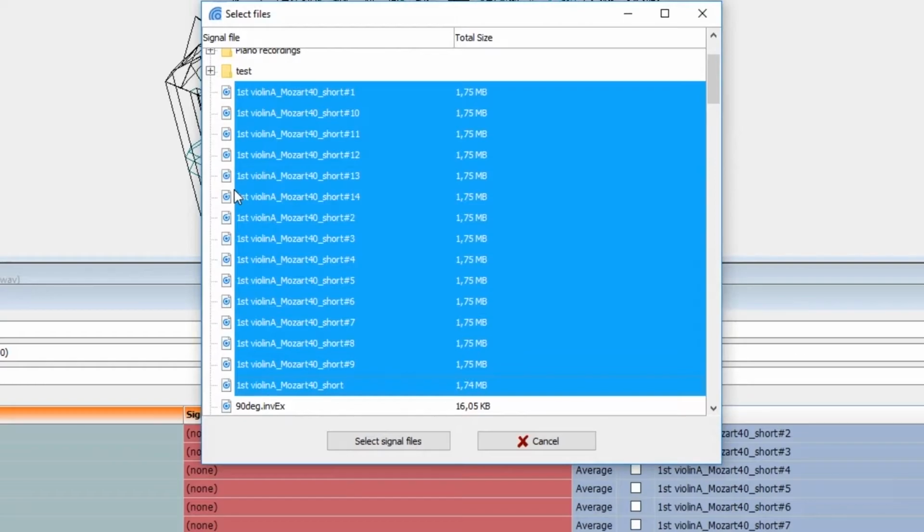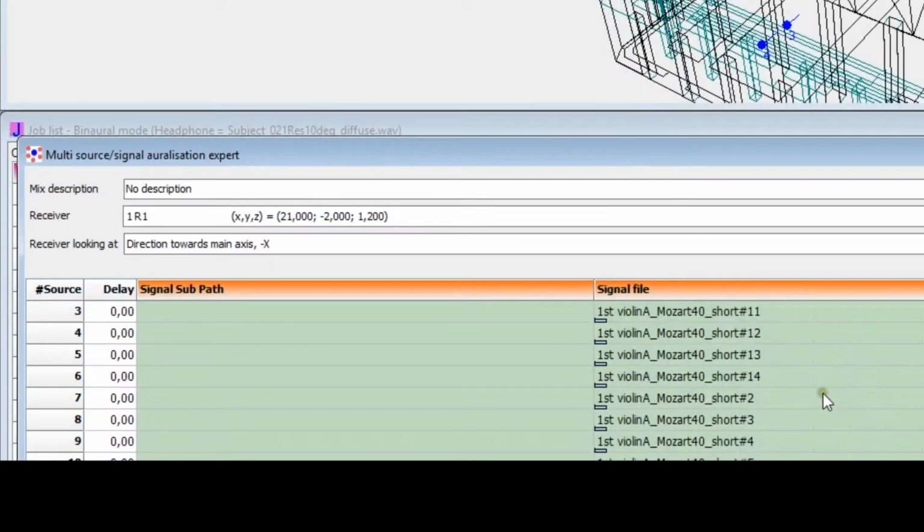So we have selected 15 files, and then we say select signal files. And then closing it, they have been assigned to each of these positions. So sources, in this case, corresponding exactly to the signal file, which is why we could have used the other tool.